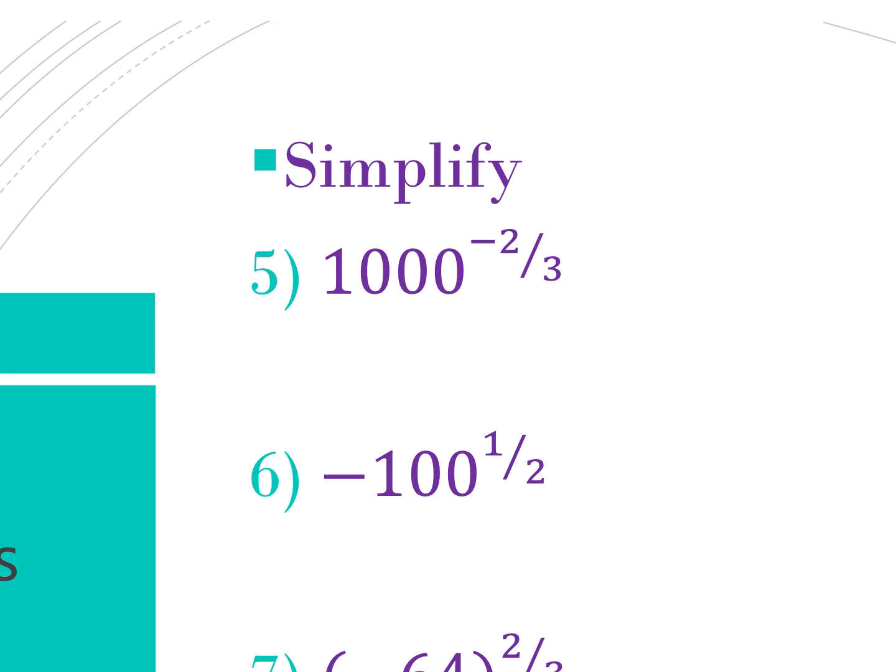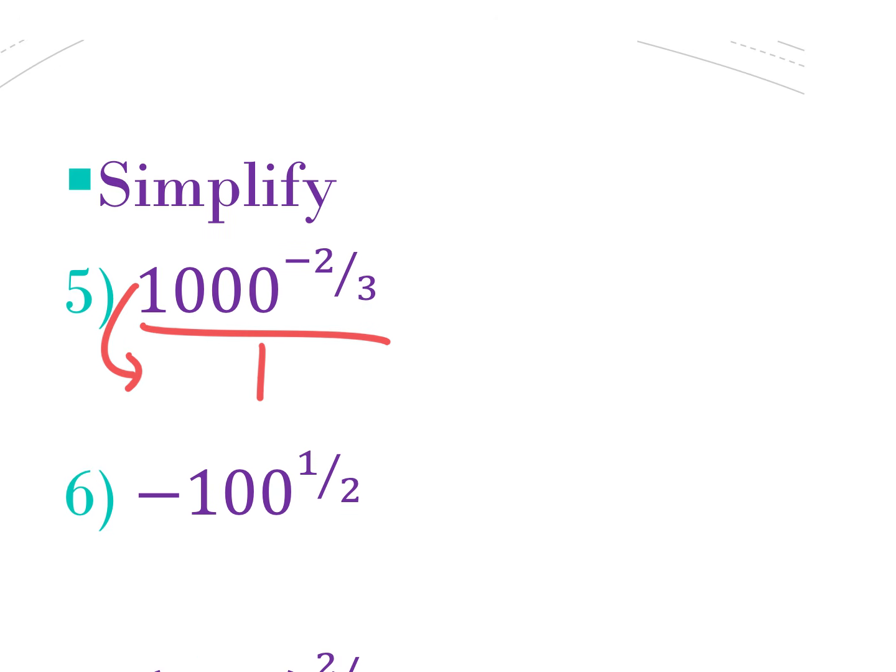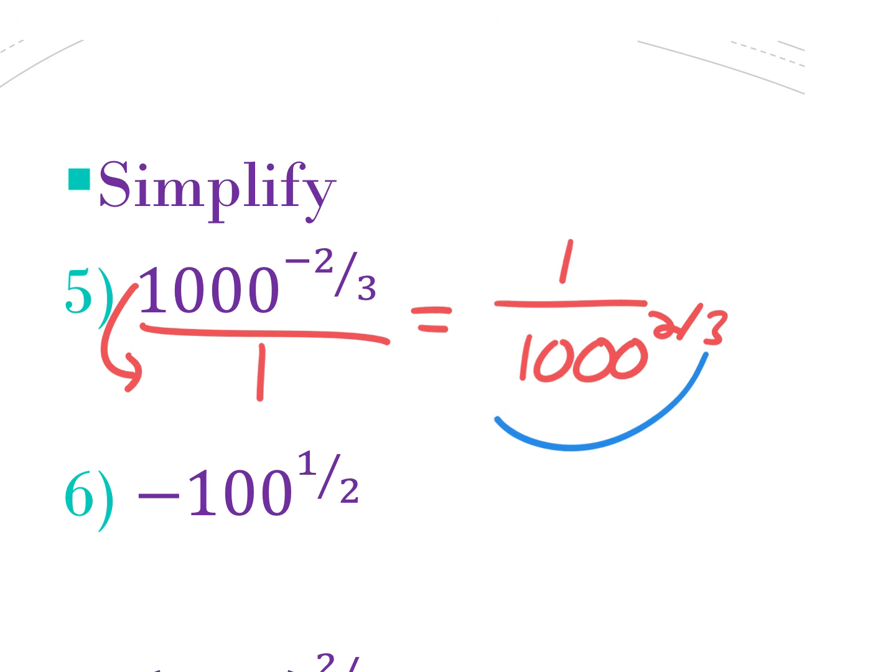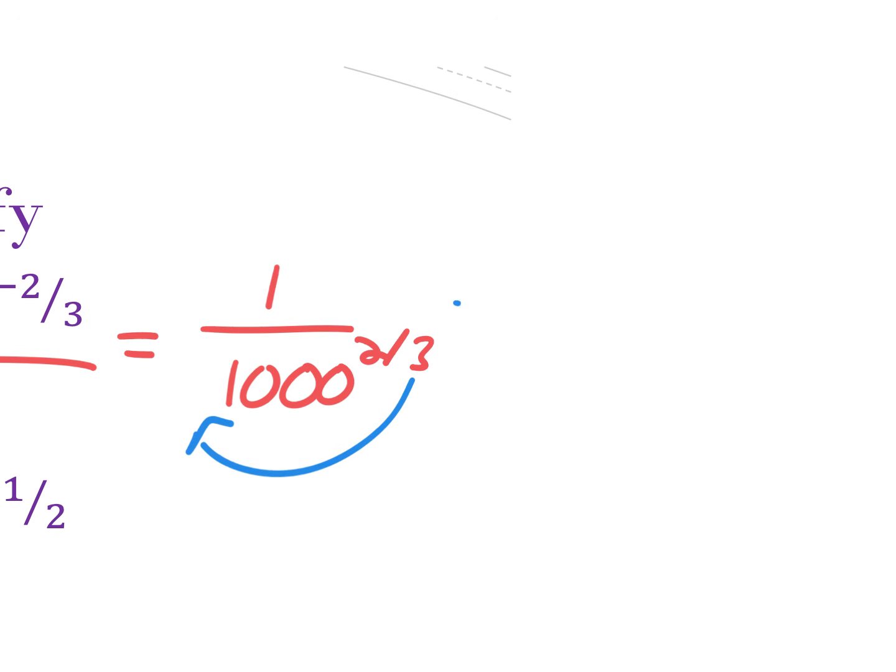Okay, guys, so again, this negative exponent means you're going to change its position. It's on the top right now. We're going to move it to the bottom. It's going to be 1 over 1,000 to the positive 2/3. And then from here, we do the exact same thing that we did before. This 3 is going to become the index of our radical. So we get the cube root of 1,000